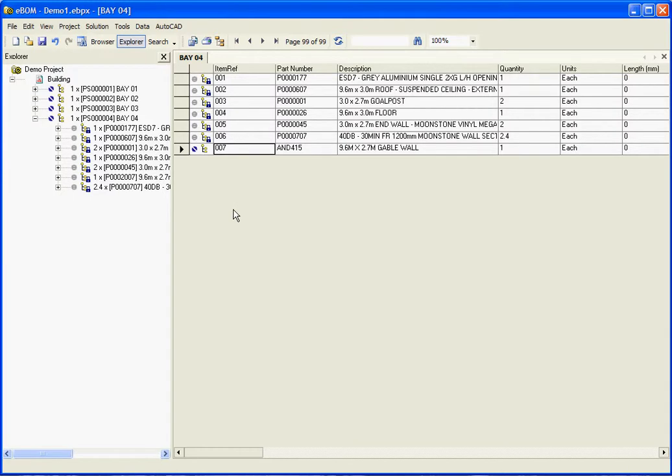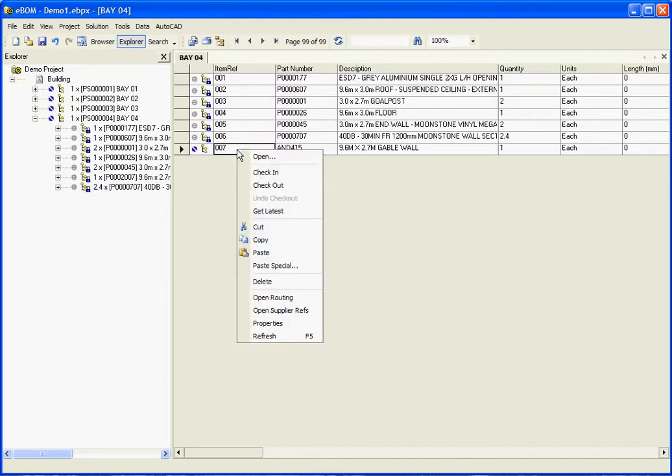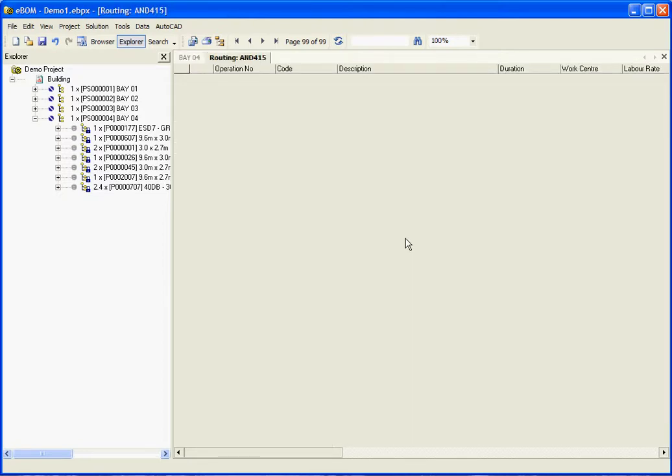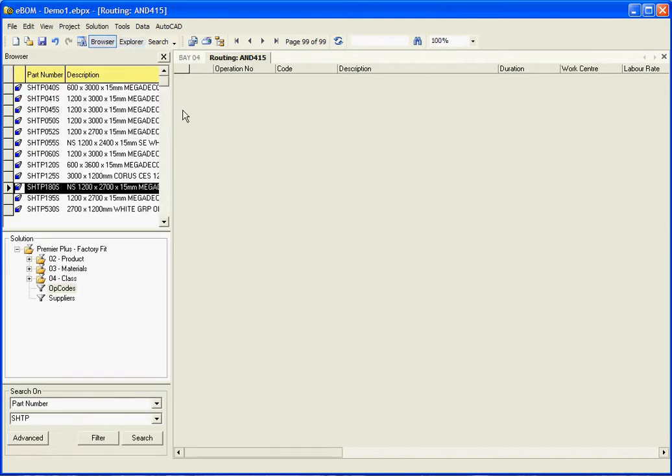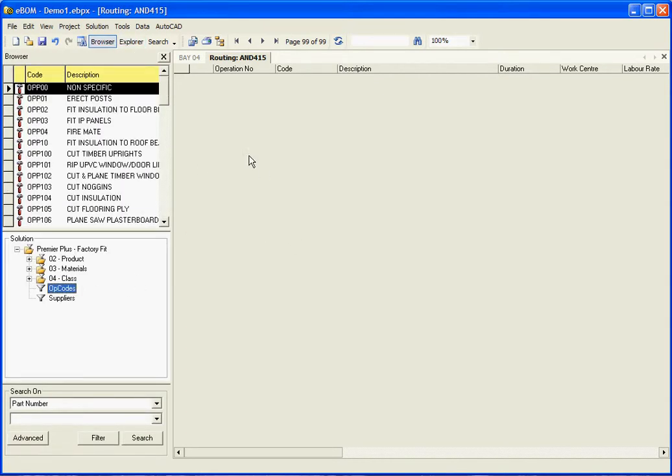Okay. Right, now I need to add both a routing and a bill of materials to this assembly. I'm going to add the routing first, because if I add the routing first I can then reference it when I'm putting the bill of materials together, and that's how we get our material allocation report to work. So right click, open routing. I can refer to my browser now and my opcodes filter to find standard operations and drag and drop them into the routing. We need to FireMate,